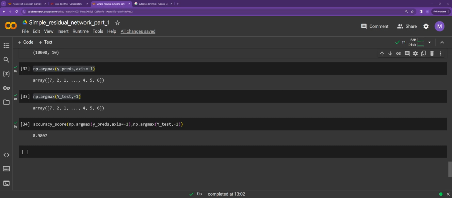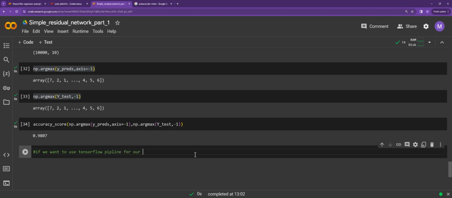Let me see. It basically just means that we're going to give a more efficient structure to our data. So if we want to use a TensorFlow pipeline for data,